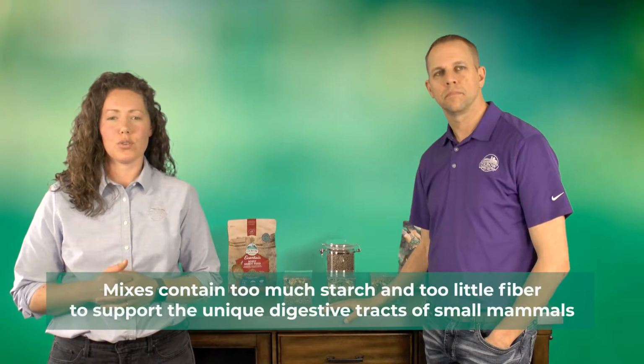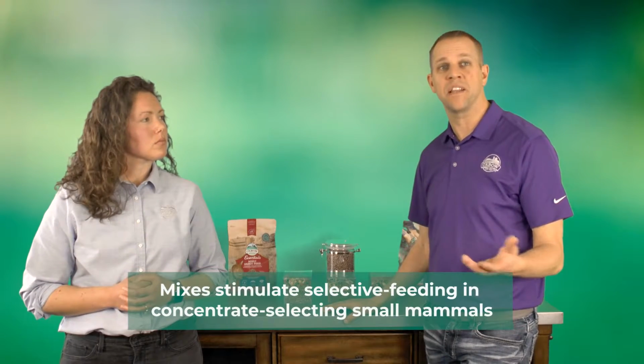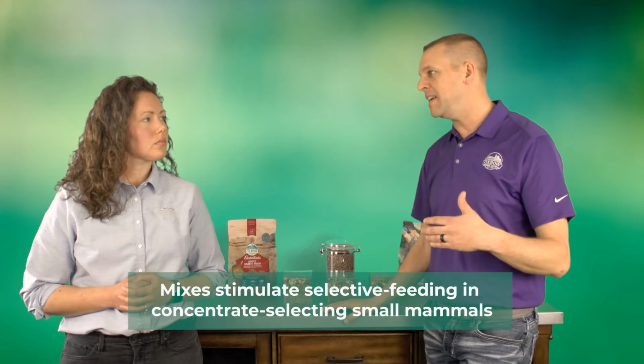So we've shared a lot of information with you and we've referenced a lot of research studies. So to summarize really quickly here at the end, mixes really do contain too much starch and too little fiber to support the unique digestive tracts of small mammals. Yeah, we also know that mixes stimulate and support that natural concentrate selecting behavior, and unfortunately that leads them to reject some of the important things like the high fiber, nutritionally balanced with micronutrients mixes, and exacerbates some of those